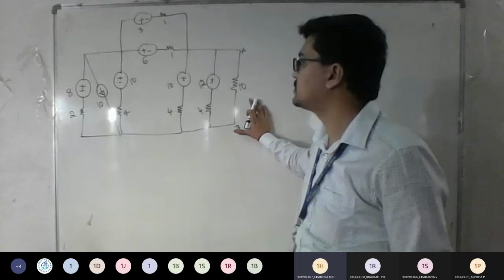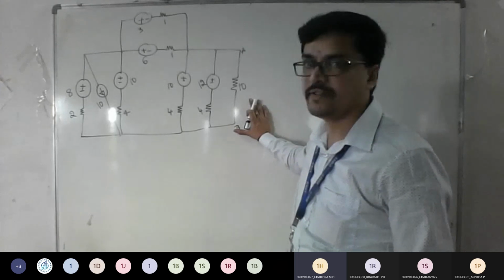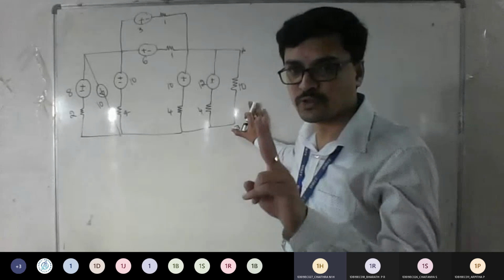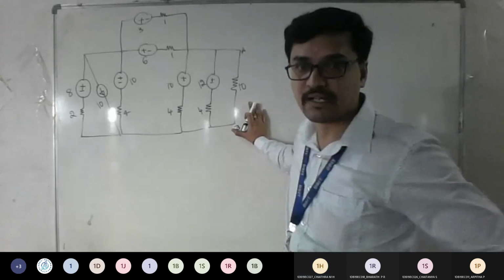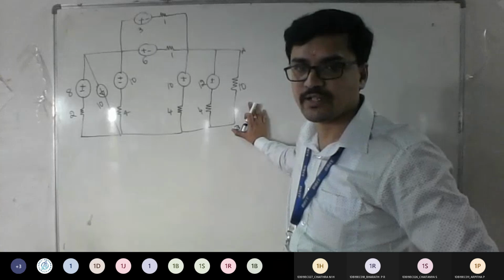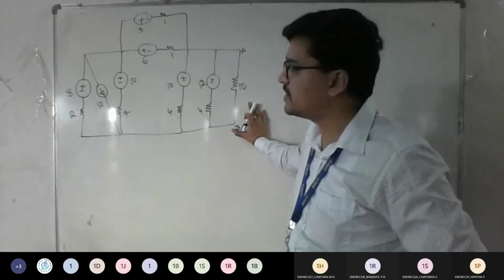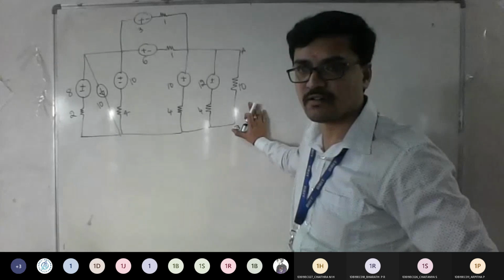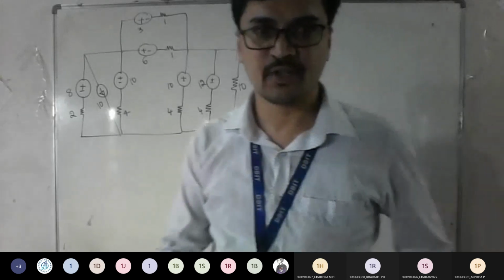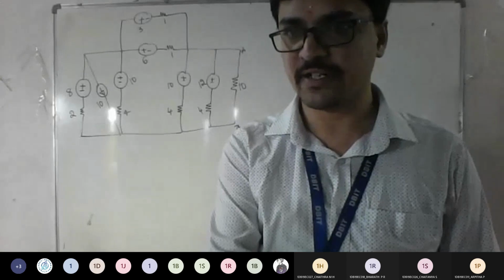It's a given network. So what are the possible connections you can eliminate? You should remember two things. One is, if current sources are in series, you can't add them. You need to convert to voltage and then get the answer. Similarly, if voltage sources are in parallel, you can't go ahead. Correct? Same logic we will implement here.